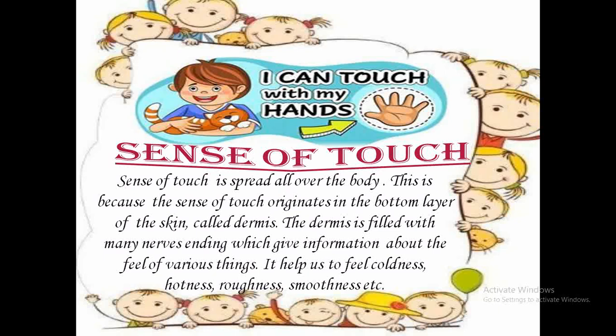Now, the sense of touch. Sense of touch is spread all over the body. Other senses are specific parts of the body, but the sense of touch, that is the skin, is spread